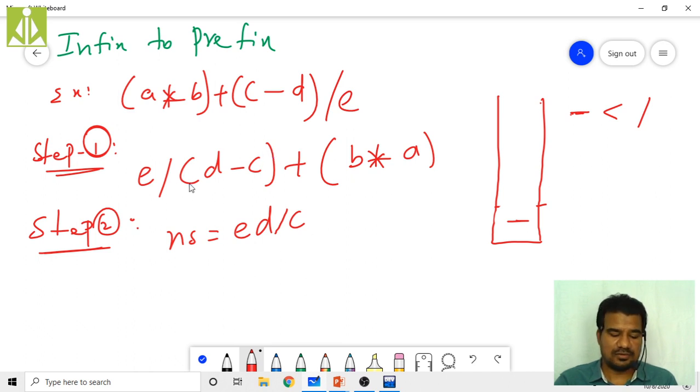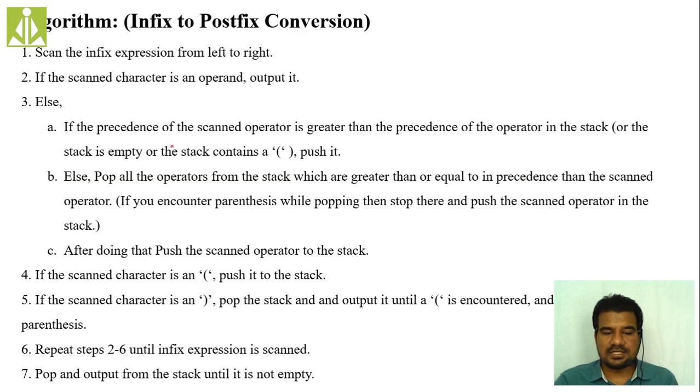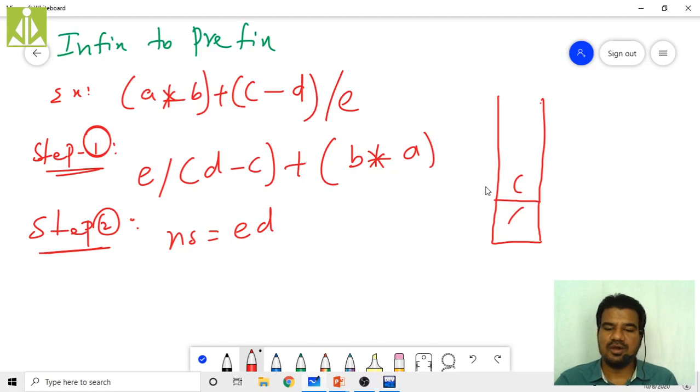Yeah, before that, this opening bracket we missed, right? So that we have to do now. Again I'm starting. After adding this E, we have this division. So like this division, then we have opening bracket. So put that opening bracket. Then we have D. So D will come. Then minus. In case of an opening bracket, if the scanned character has greater precedence, or if there is an opening bracket in the stack, we have to push. So minus will be pushed, and that will come over here.